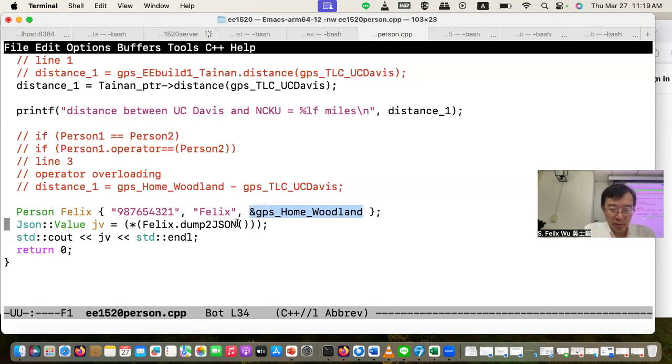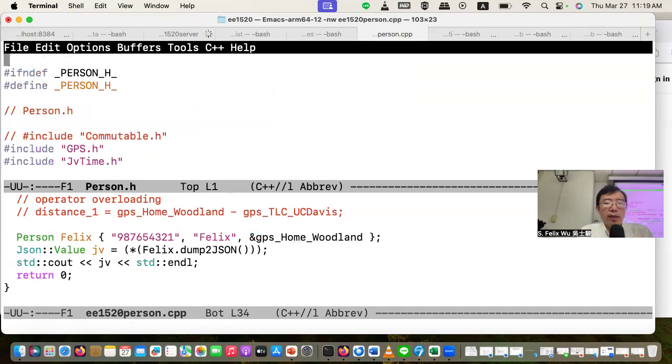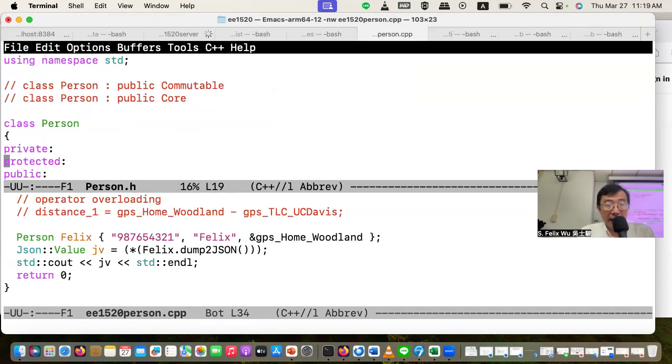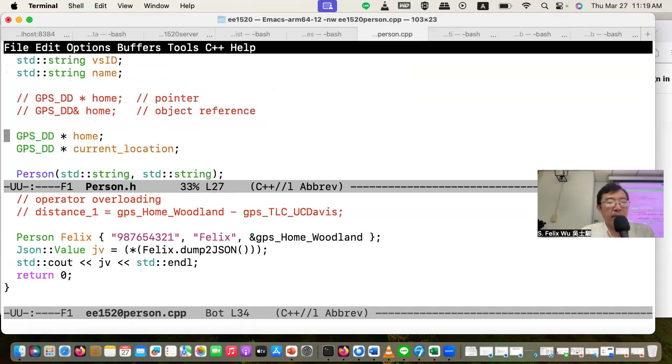First, I have to show you person.h. Inside person.h, not too surprising, I have the VSID, the name, the GPS home, and last class I added the current location.